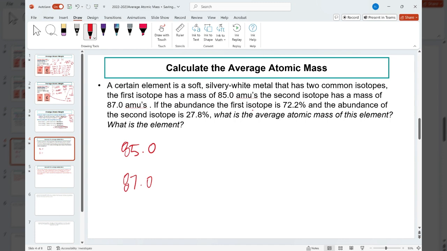If the abundance of the first isotope is 72.2, again, I have to move that over to put it in decimal form, 0.722. And the abundance of the second isotope is